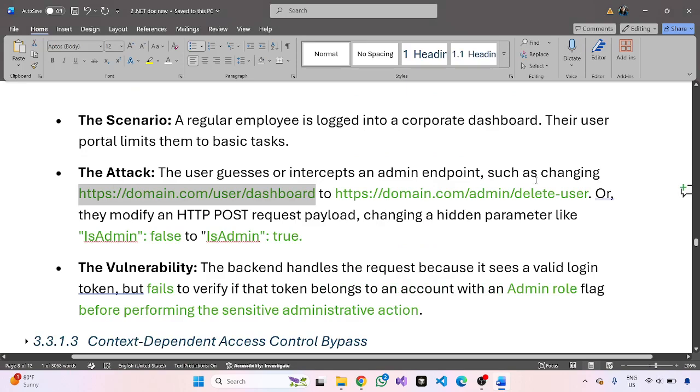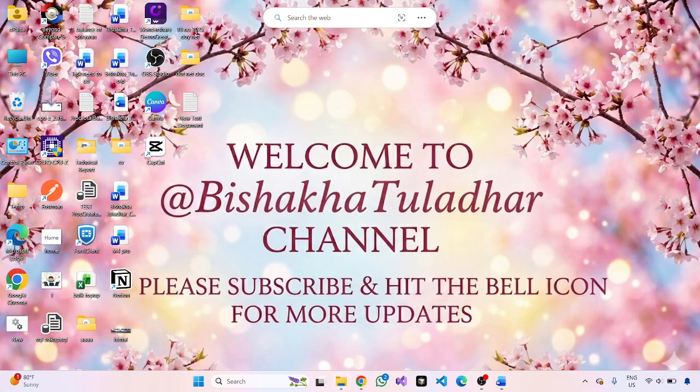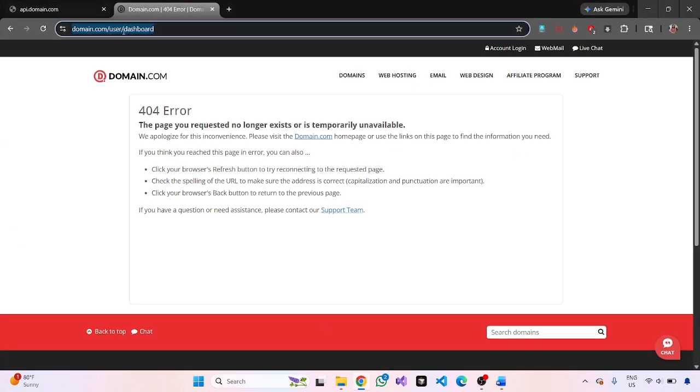And if the hacker changes the URL like this and deletes an existing user, even though the user doesn't have any admin role, and the hacker deletes that user or does something, then